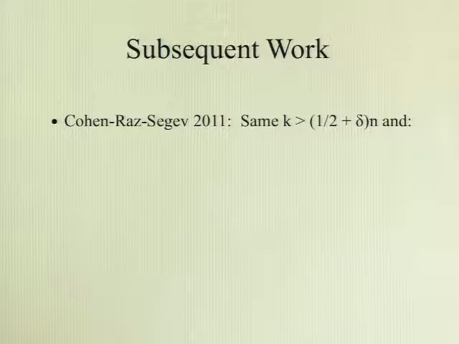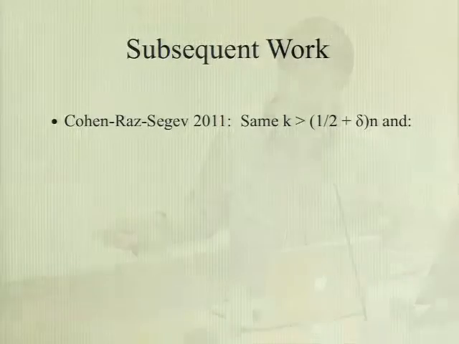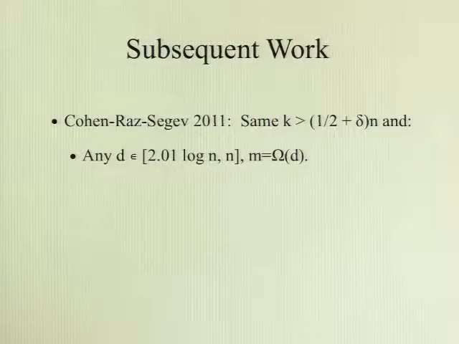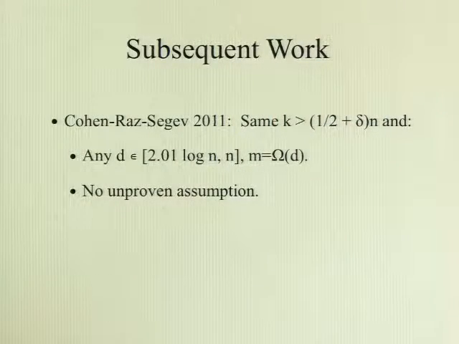Okay. So there's one very nice subsequent work here, which is by Cohen, Rasmus, and Yep, who also give a construction that works for entropy greater than n over 2, but they can use a small seed length. Indeed, they can use something like log n, but their output is actually smaller than the seed length, which means that if you want to output a large number of bits, then the seed length is forced to be large. And also, their construction does not rely on any unproven assumptions.